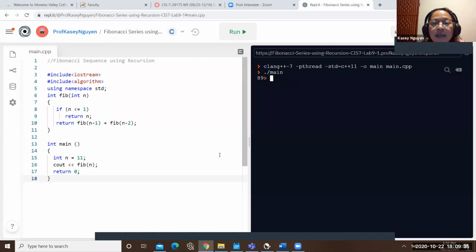And it tells me that the 11th value in that sequence is going to be 89. Okay. So with this, the output for this program would be 89 is the 11th value in that sequence. Okay. Any question?